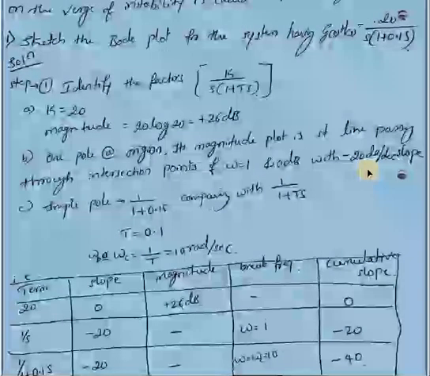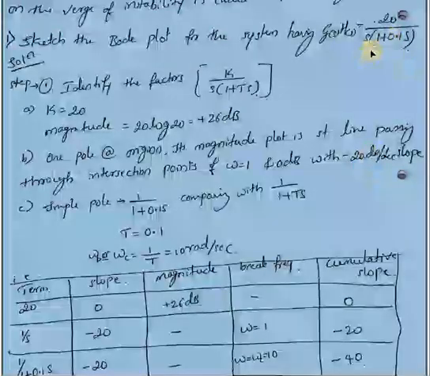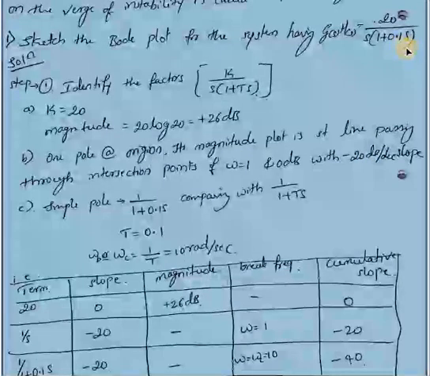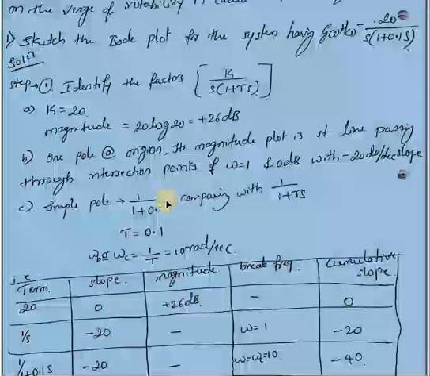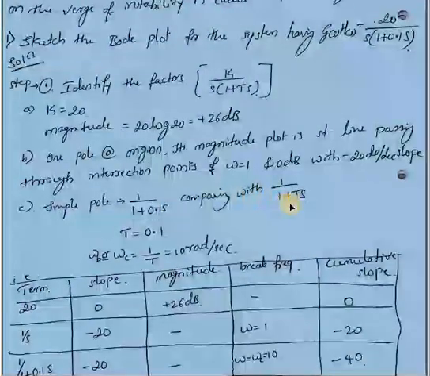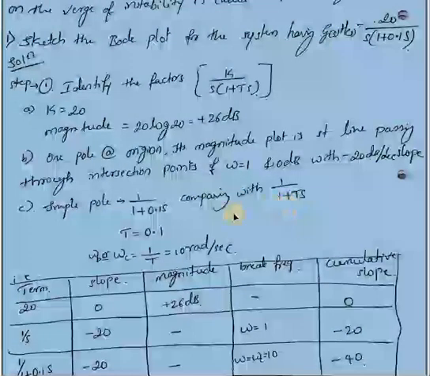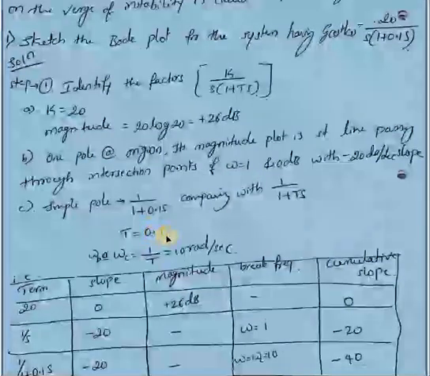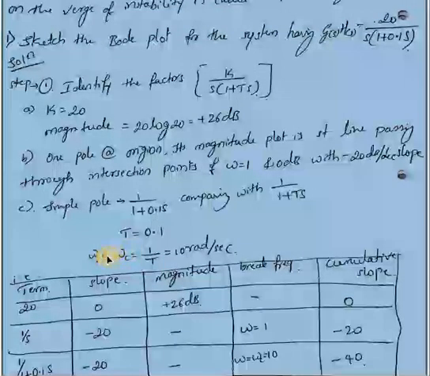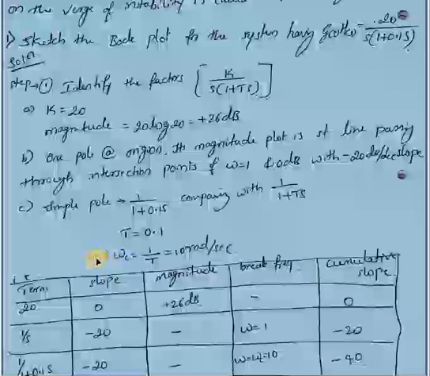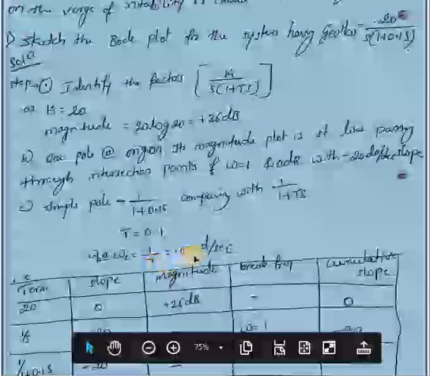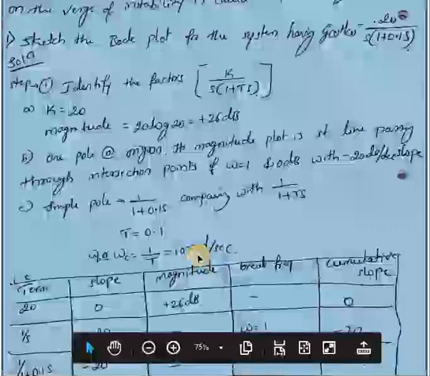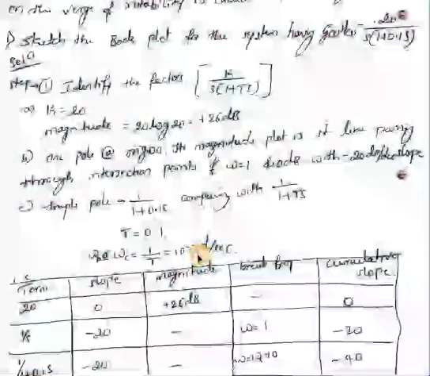Then there is a simple pole of first order, that is this term 1 plus 0.1 s. Comparing with the standard equation, T is 0.1 here. That means the corner frequency or break frequency will be 1 by T, that is 10 radian per second. After that, you construct this table,